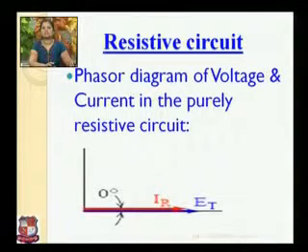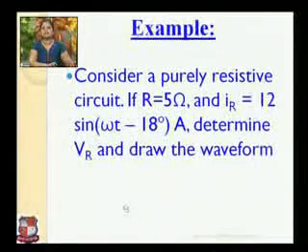According to the equations I equal to Im sin omega t and V equal to Vm sin omega t, the phase difference between these two is 0. It means the angle from the reference axis to the voltage and current is always 0, as shown in the figure. This blue vector indicates E, our voltage vector, and I_R, our current vector. I_R indicates the current passing through the resistive circuit, where R indicates the resistive circuit. So E and I_R are both at the reference axis, so the angle is equal to 0. This is the phasor diagram.